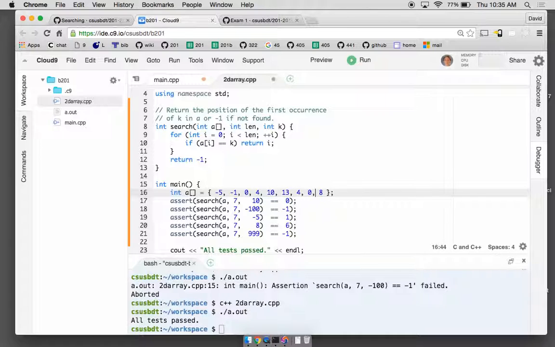I'm putting these in order, rearranging the elements. Okay, we put them in order. The test code is going to work a little differently, right? So 10 is going to be in position 5. -100 is still not there, so it's -1. -5 is now position 0. 8 is in position 4. 999 is still not there, it's -1. So we could use linear search for this list,